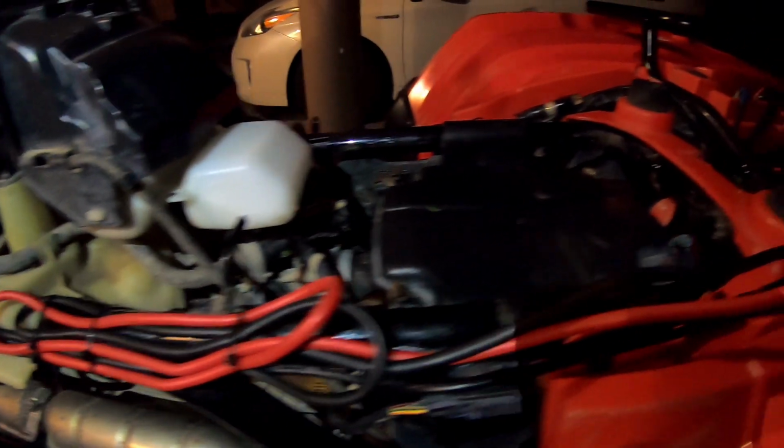All right, so it got a little dark, but I was able to finish. Just need to put the cover back on, but I just want to show you guys how I ended up running the wires. It's the winch install. Ran it there through the chassis, down there, power, all the way to the back, right there. And then